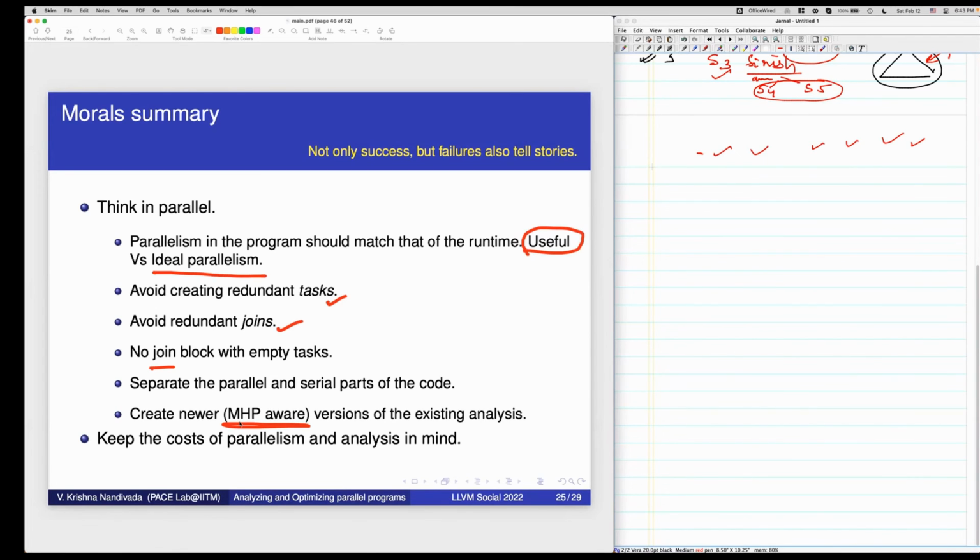I can talk about it for a full long talk. So if you are using traditional analysis for parallel programs, unless you are careful, the analysis could lead to unsound results. Okay, so that's all about thinking in parallel, both from a compiler point of view and a programmer point of view. And when you are parallelizing, we have to keep the cost of parallelism in mind.